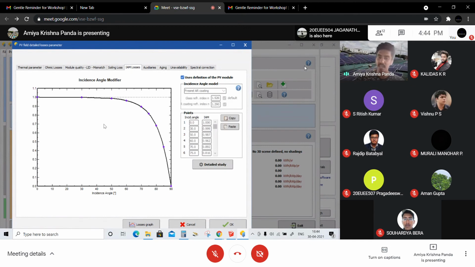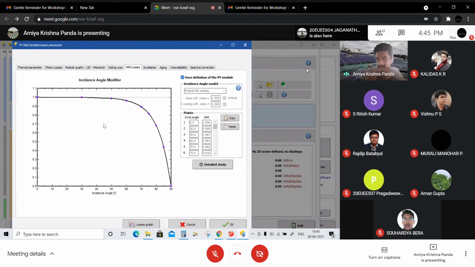So now IAM losses. IAM loss, what does it mean? It basically happens when there is a glass layer. When the sun falls on that specific glass, there is some kind of refraction of the sun rays.